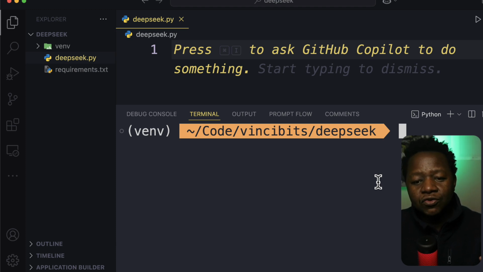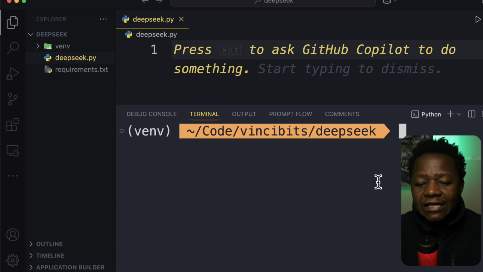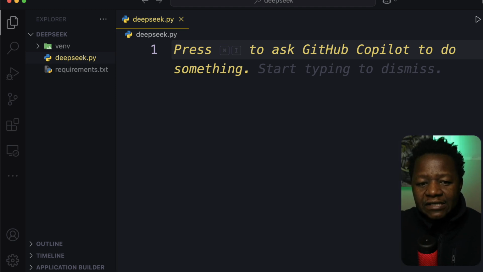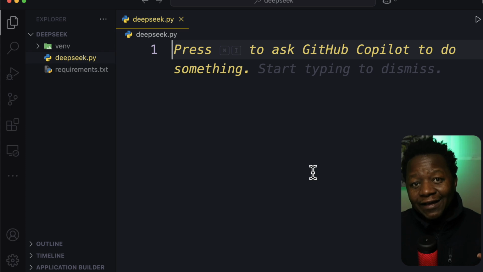In order for us to use DeepSeek R1 locally, we know it's running. What happens with Ollama, which is the tool that allows you to pull different open source large language models such as this, is that it serves everything at an endpoint, right? So we're going to leverage that. Now, how do we do that? Because of the way things are, we can actually use the OpenAI SDK, Software Development Kit, so that we can swap. Instead of using OpenAI, we're going to use our local models. This is how you do it.